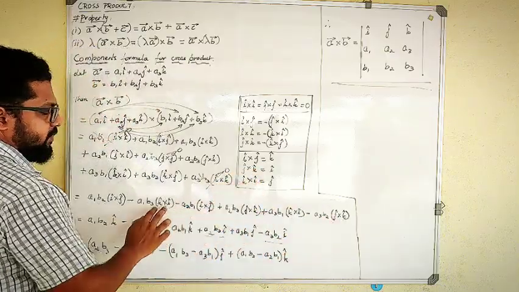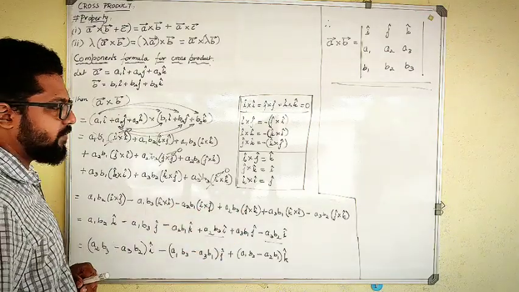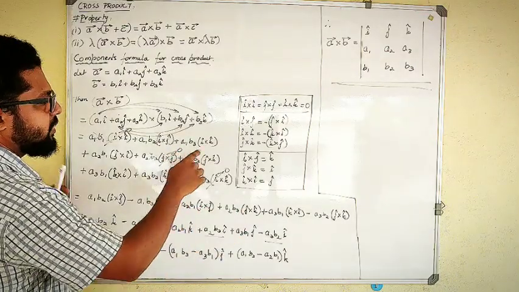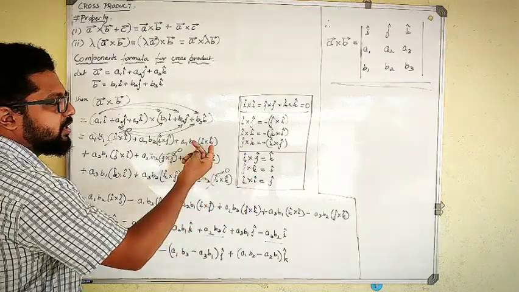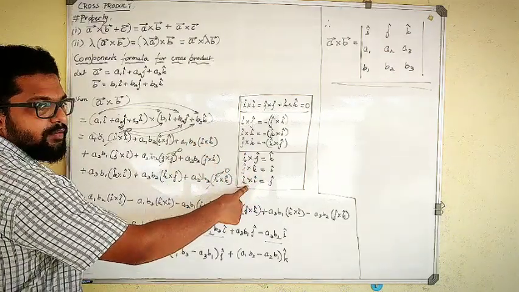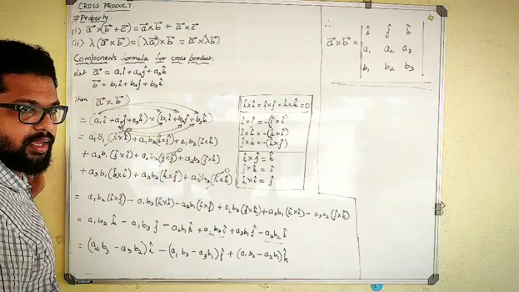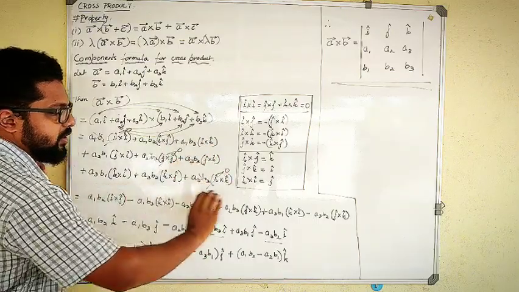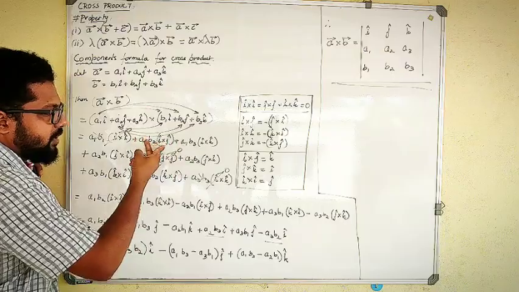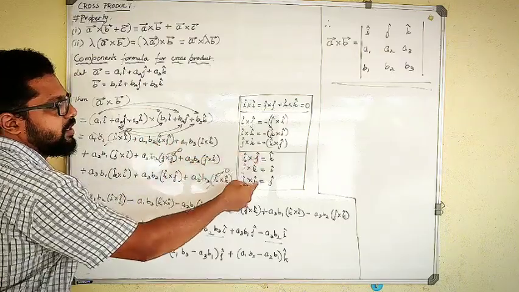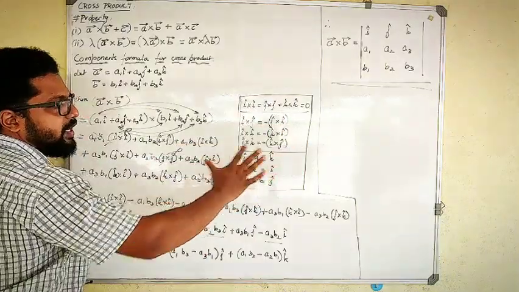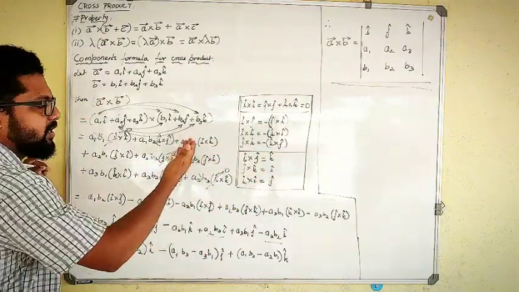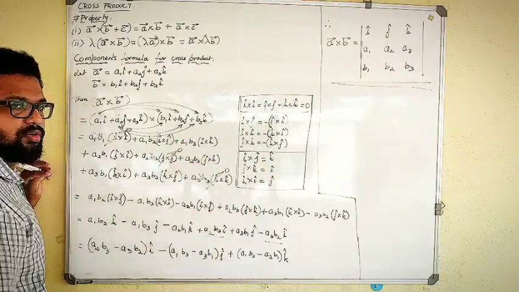K cross I, I have written it in K cross I form. Whichever was in the other form, that is I cross K, because I cross K is not here, I have written it in the formula form, that is K cross I. I hope the confusion is cleared on this point. Whichever form I keep should be related to this formula. So always make a note that you write it in the separate side form, so that you will understand what to keep and what not to keep.